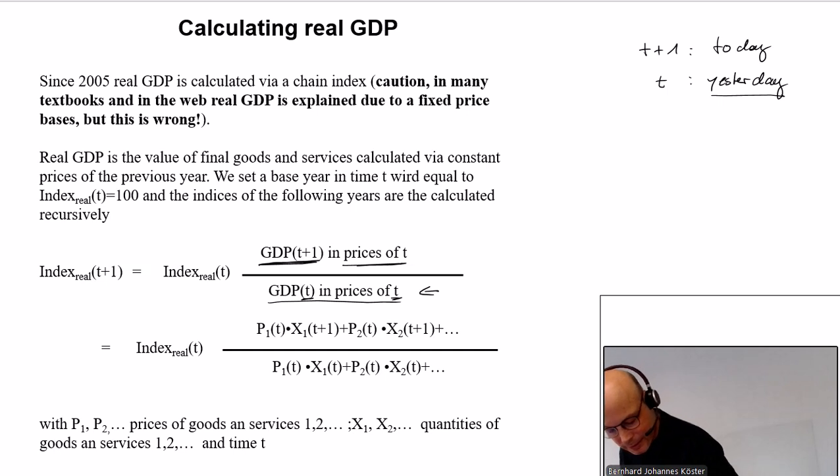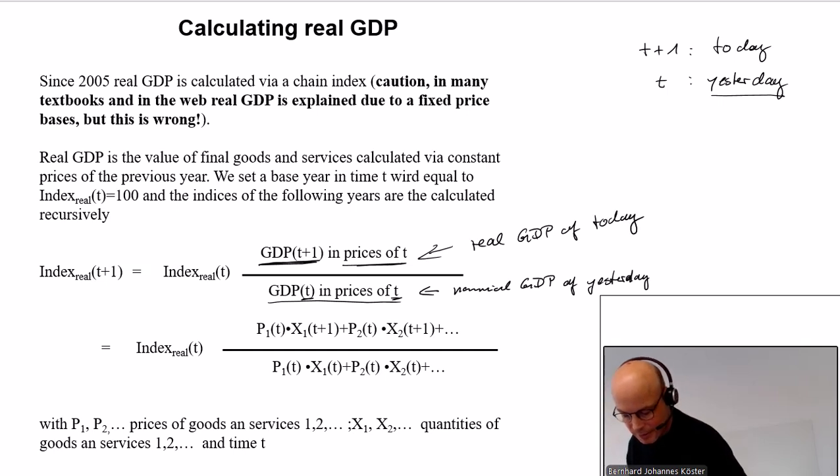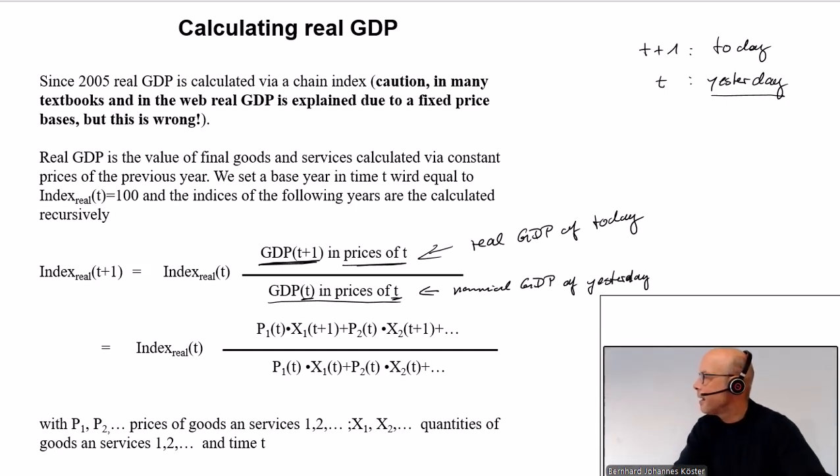So this is nominal GDP of yesterday, and this is real GDP of today. And then we calculate this with an index of the real GDP, also in time